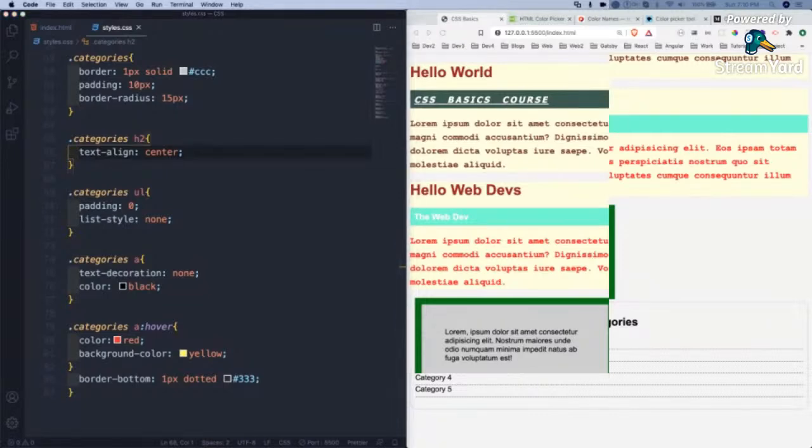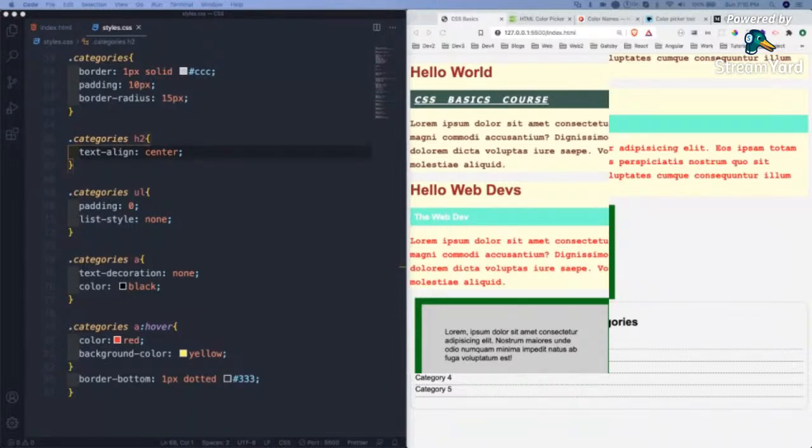Let me paste it here also. And where do you have to submit this assignment? You have to submit this assignment to my Discord channel. All of you please come to my Discord channel, and if you are serious about this, you submit it there.